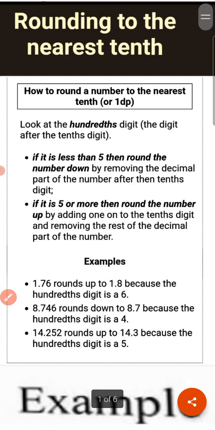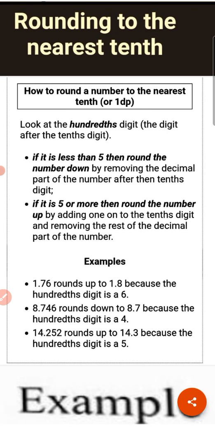So children, today you learnt about how to round a decimal number to the nearest 10th. What is another name for nearest 10th? 1 decimal place. Okay. So look at the 100th digit. 100th digit means the digit after the 10th digit. 10th digit means the digit after the decimal point. The first digit after the decimal point is the 10th digit. The second place after the decimal point is the